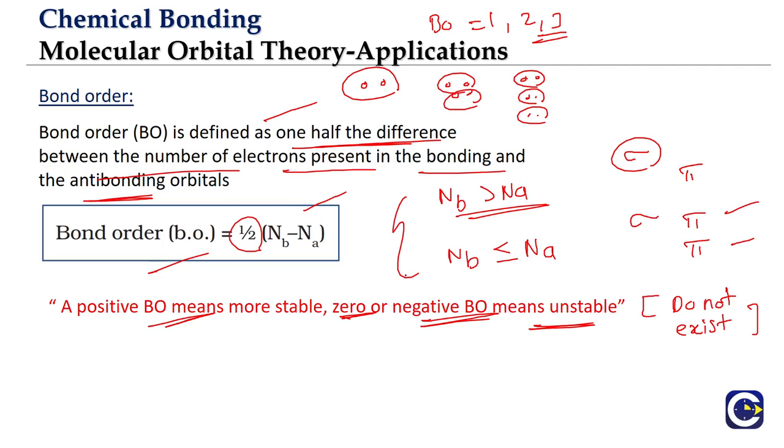It is about the idea of bond order derived from the number of electrons in the bonding orbitals and the number of electrons in the anti-bonding orbitals. Here even fractional bond orders like 1.5, 2.5 will also be accepted, because here the bond order does not have the same significance as in the Lewis theory or the VSEPR theory, where one shared pair of electrons means single bond, two shared pairs mean double bond, three shared pairs mean triple bond. That is the significance we have in those two theories. But here there is no such significance, so even fractional bond orders will be acceptable.